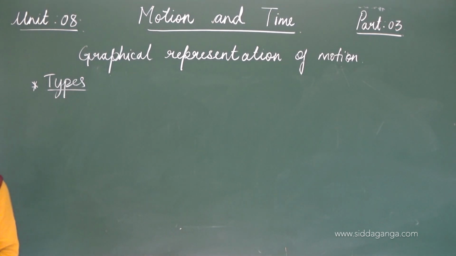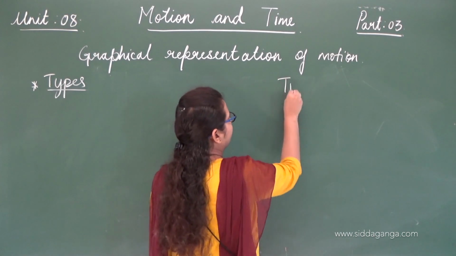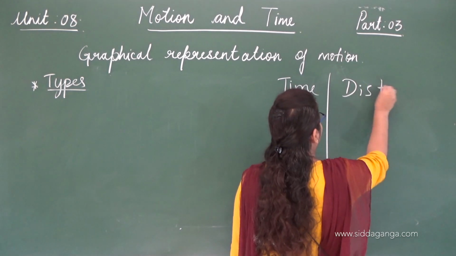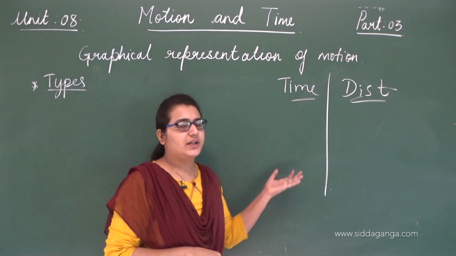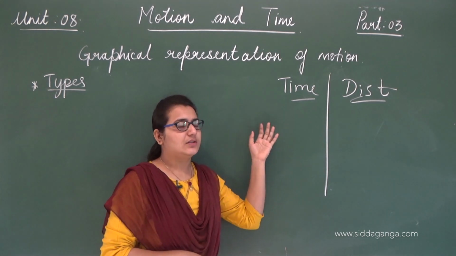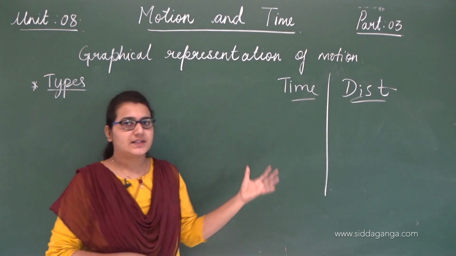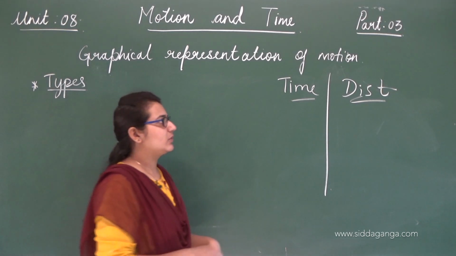Okay, so let us know how to draw this graph. Here we have time and distance. We'll have particular data: at a particular time, the distance traveled is this much, that is, in this much time the car or some vehicle covers this much distance. In the same way as before, we just need to represent it in a graphical form. We'll see one more example.